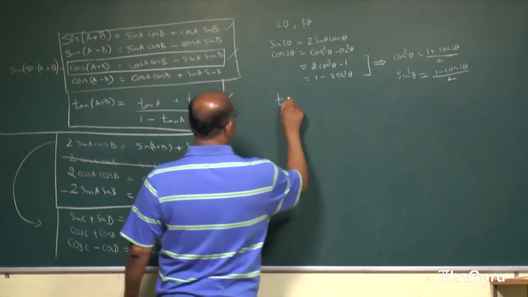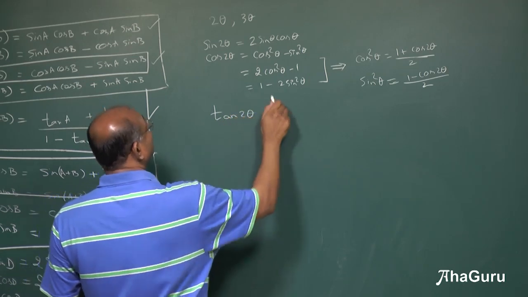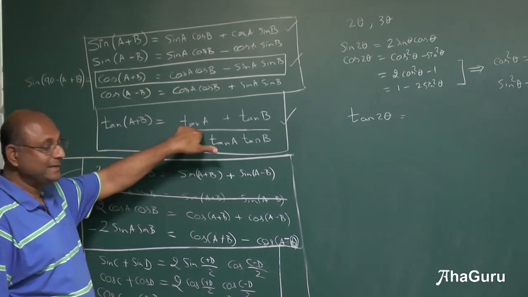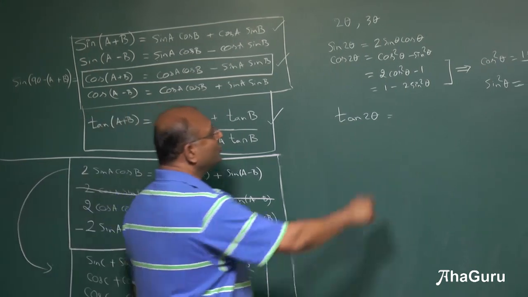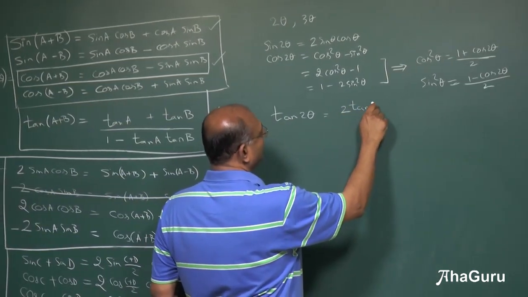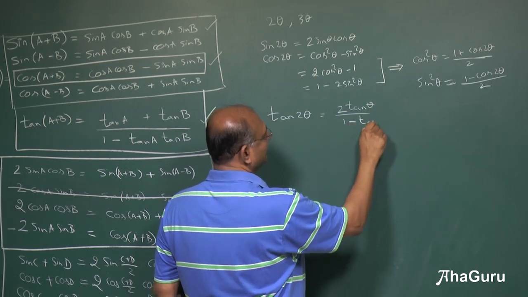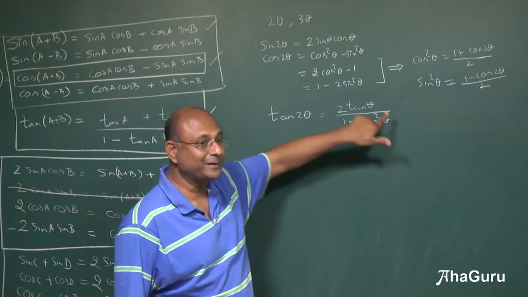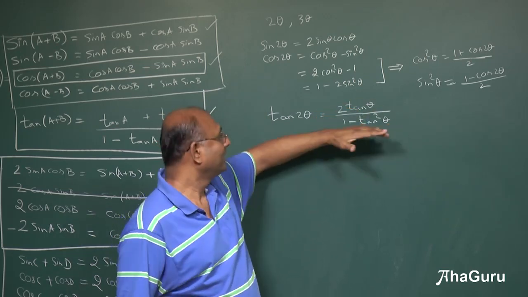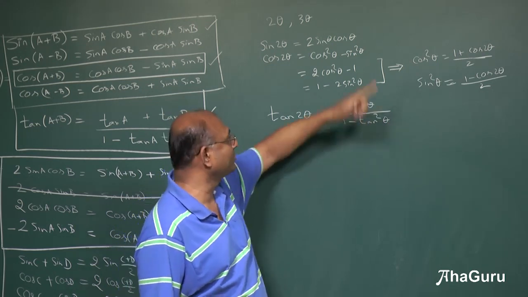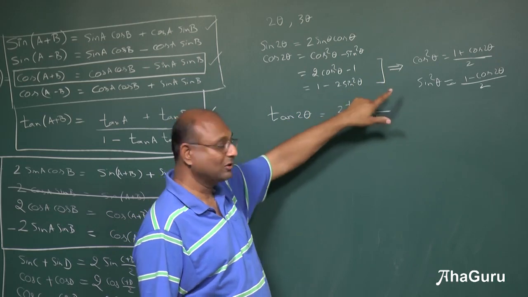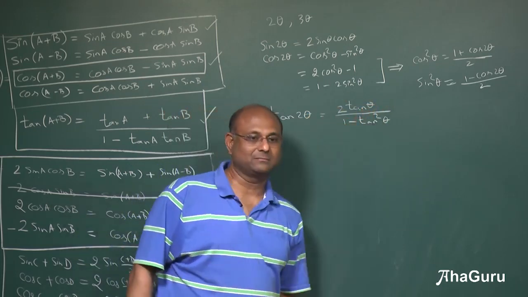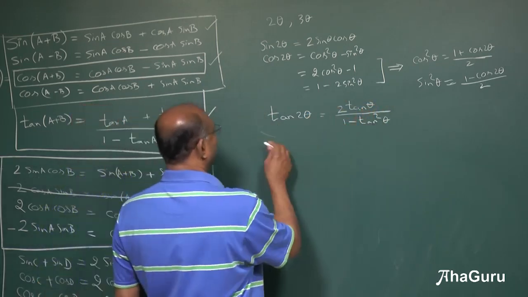Okay. So now tan 2 theta. We can say I'll go here and divide. But why should I do all that given that I already know this? So tan theta plus tan theta by 1 minus tan square theta, 2 tan theta by 1 minus tan square theta. But a quick check. Sin square cos square, take it there, cos square minus sin square will give me cos 2 theta. This guy is going to have cos square, goes up. Cos will cancel out, 1 cos will be there, 1 sin is there, and 2 sin theta cos theta is sin 2 theta. So sin 2 theta by cos 2 theta. Okay, but you should remember it directly like this.